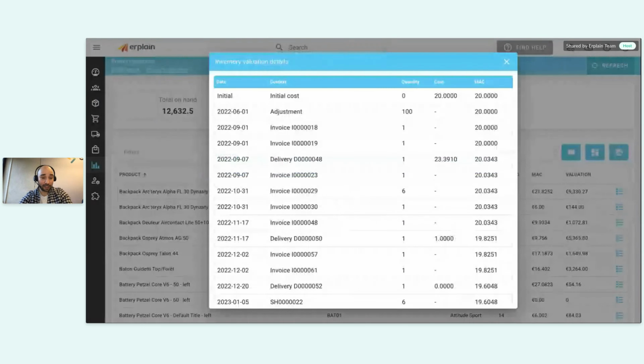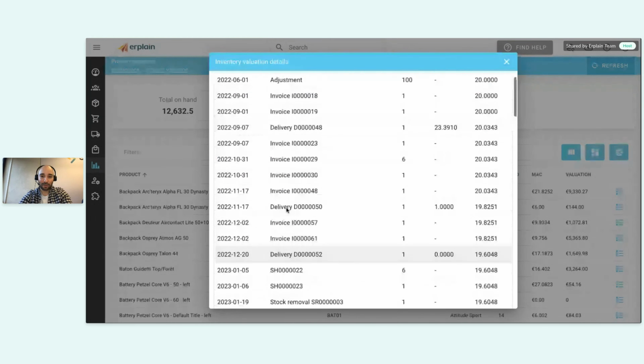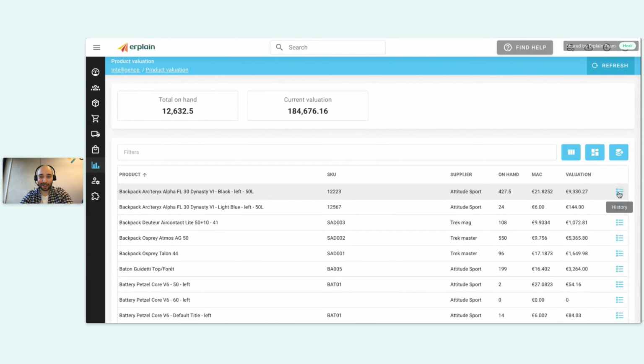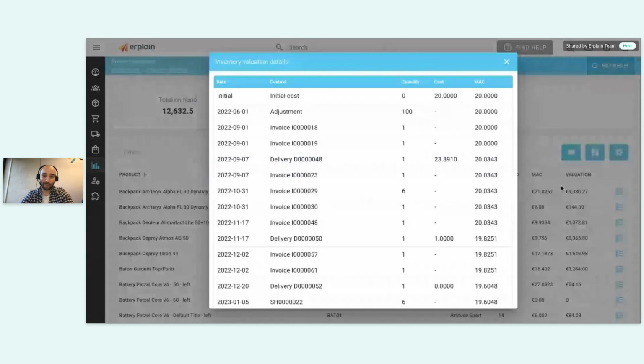You can click on that and you will see the inventory details, so you'll be able to see all the adjustments made and documents created for that product, so you can understand exactly how you get to that valuation. So you'll be able to see every adjustment on the moving average cost, and this will give you some details, and that will answer your questions about that. So definitely not a button to forget about, this history button on the right